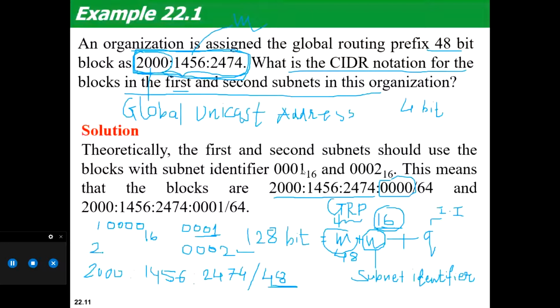And in each subnet, how many addresses can I allocate? Each subnet में मैं कितने address allocate कर पाऊंगा? Very interesting practical question.